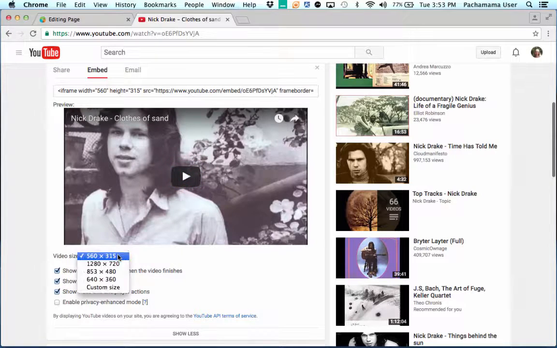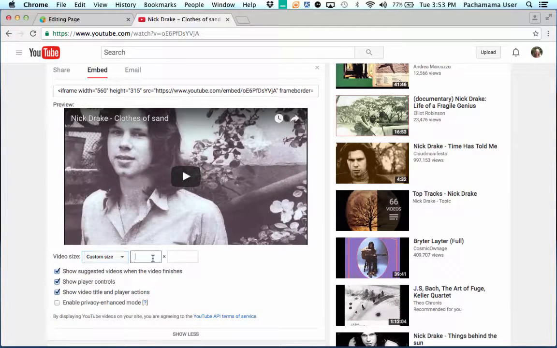And then I actually want to do a custom size because I know that for our website the ideal pixel dimensions are 730 by 411, and if you type in 730 and then hit tab, it will automatically populate with 411, and then you can see up here in our little code sample that the iframe width has now been changed to 730 by 411. So now that I have my dimensions set up the way I want,